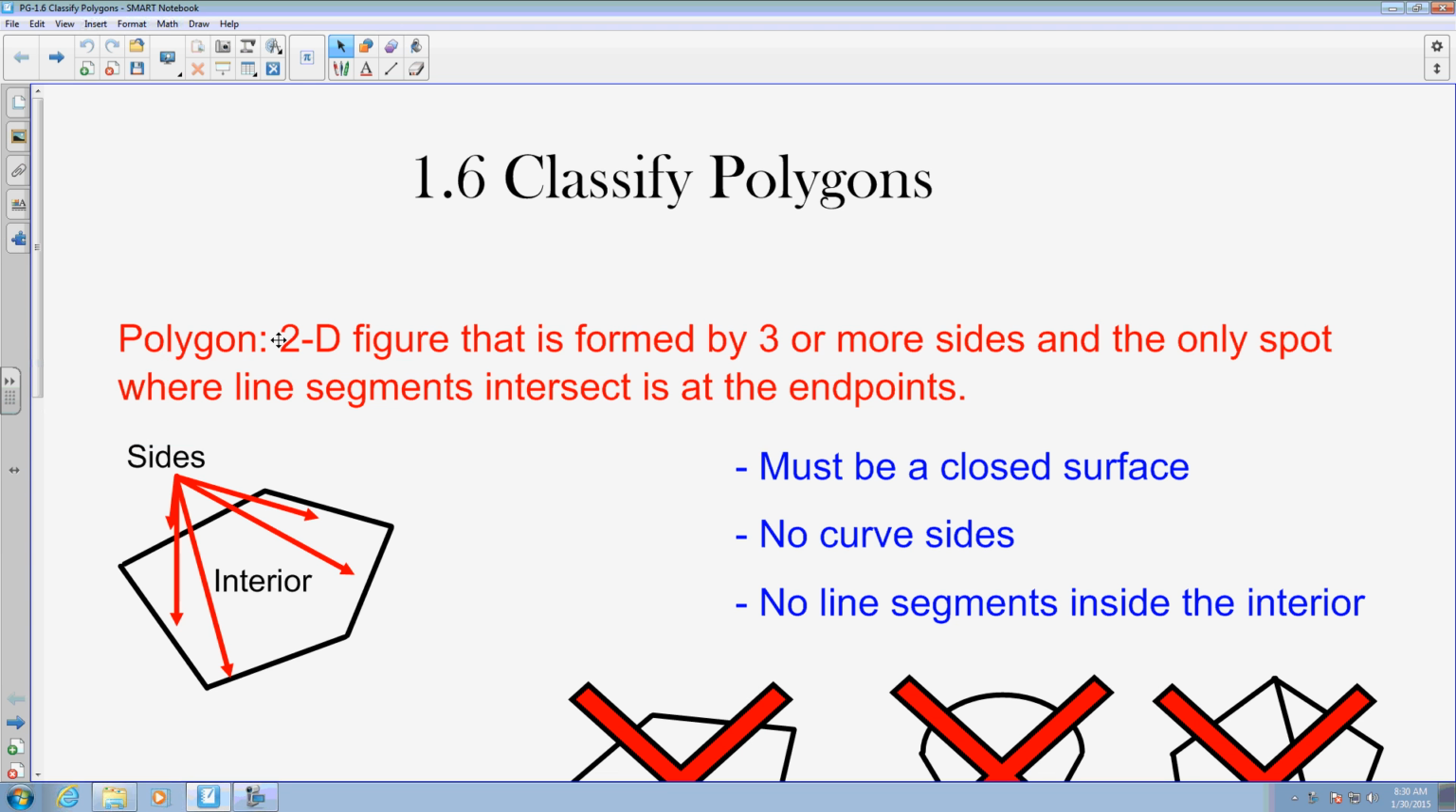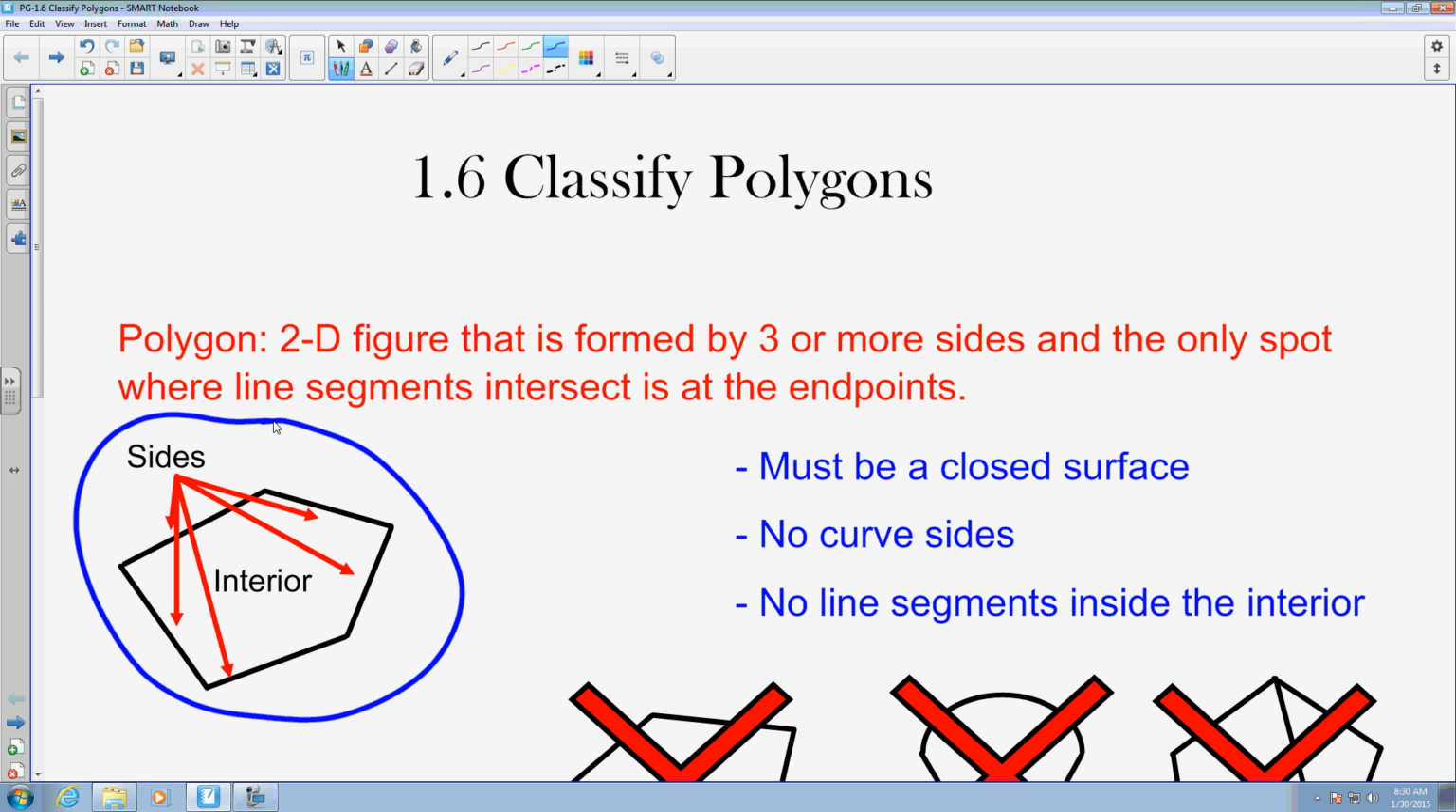Okay, we're in section 1.6 where we get to classify polygons. Definition of polygon is up there on the screen. It's a 2D figure that is formed by 3 or more sides, and the only spot where line segments intersect is at the endpoints. So if you look at the diagram here,